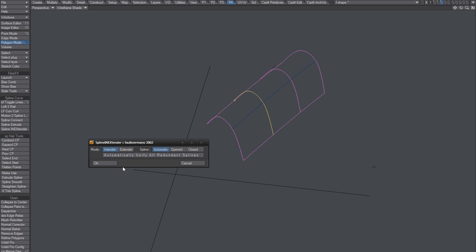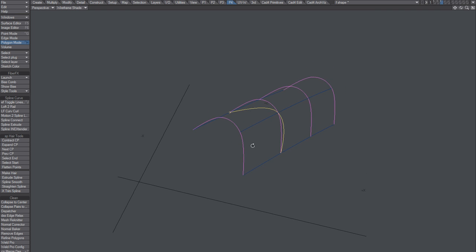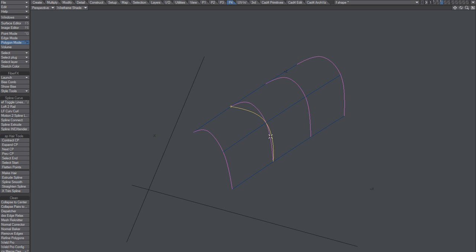I'll turn this one off for now. Extender and automatic. Hit OK. And you can see it creates a new spline in between. So that's nice. It didn't quite do, so I'll just use the